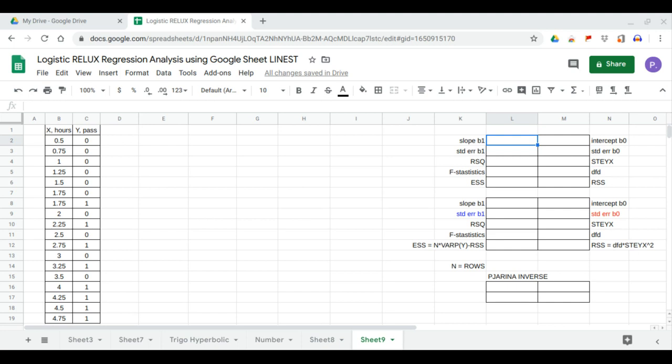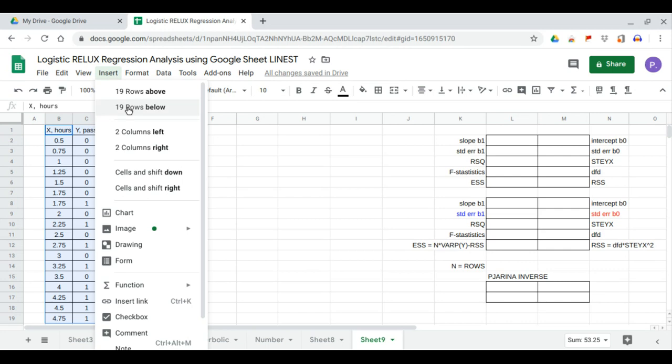Hello, in this video, we will use the Google LINEST function in performing the logistic regression analysis. Here we have a dataset where the outputs are in the 1 and 0 values, while the inputs are in the linear values. So we show the equation of this using the chart,